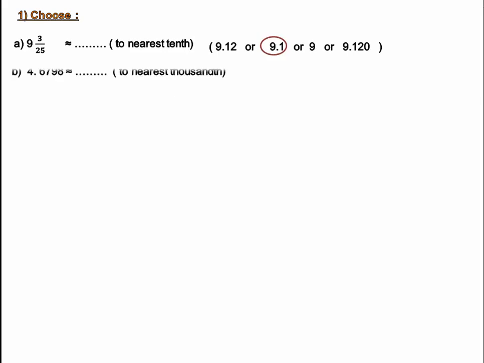Okay, number 1, choose: 9 and 3 over 25 approximately to the nearest tenth. It will be 9.12, and after approximation it will be 9.1. Letter B,